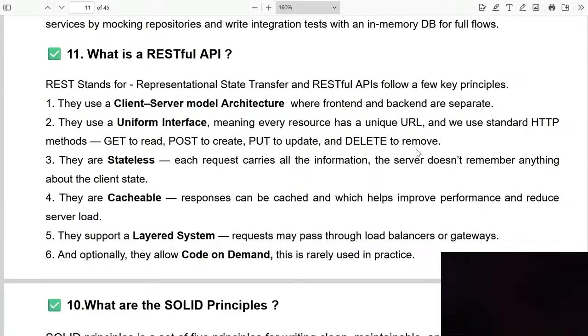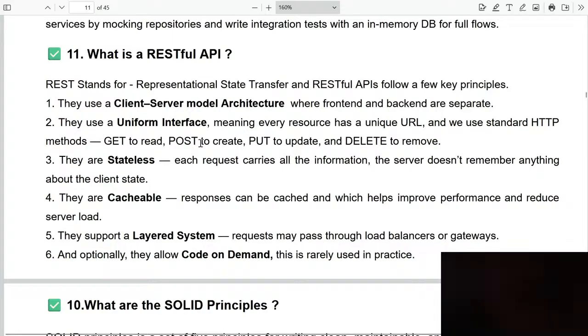They use the client-server model architecture, where front end and back end are separate, and they use the uniform interface, meaning every resource has a unique URL,